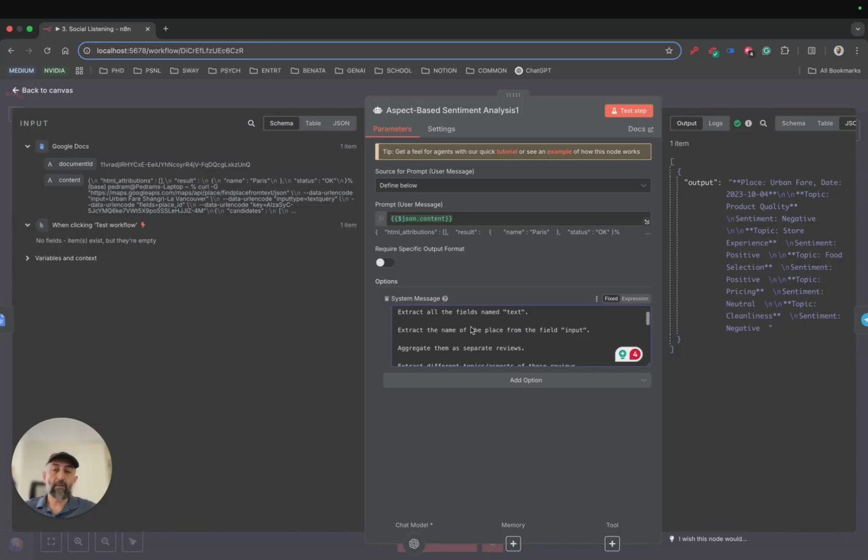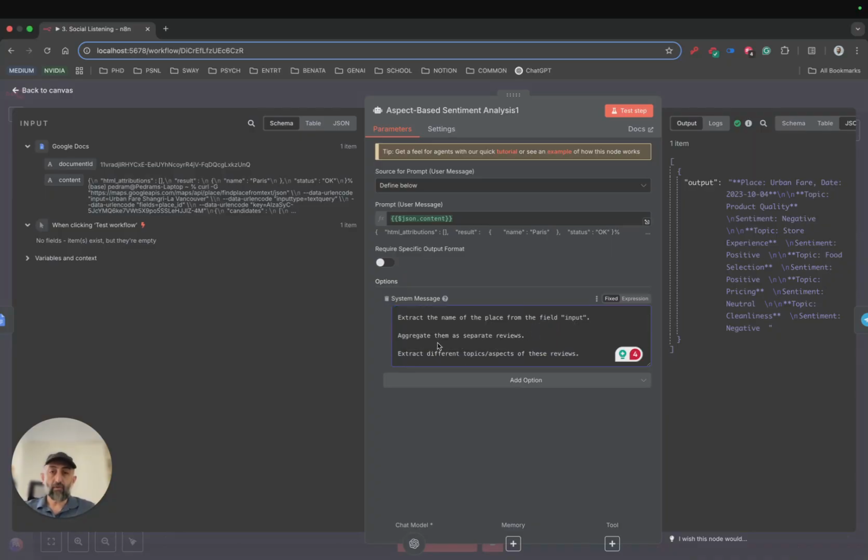And then I told it to extract all the fields named text, which in this specific use case, or basically in this specific API call, are the comments retrieved in the fields named text. Extract the name of the place from the field input. So I specify the names of the fields that I care about, just to make sure that the quality of the data is good enough for me and for the model to analyze.